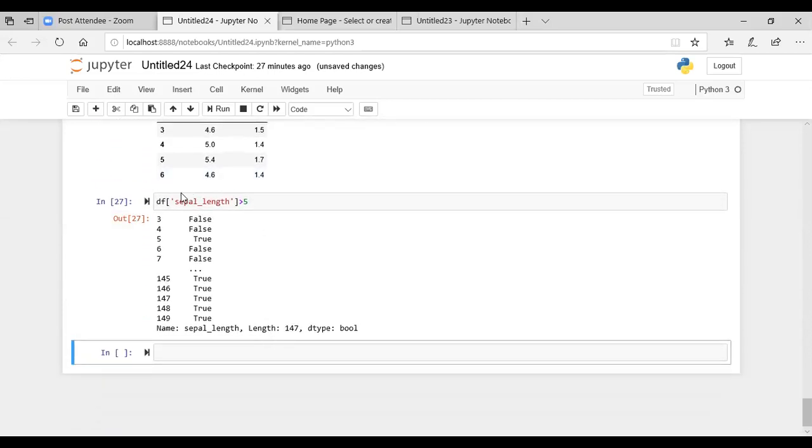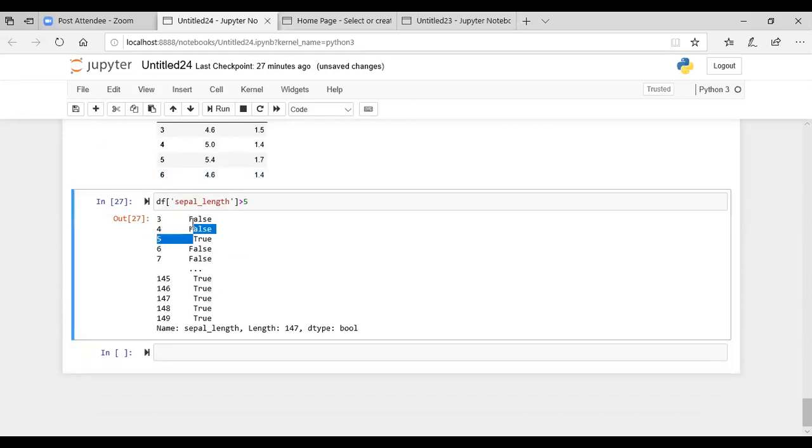If you see the output, you are getting false, false, true, and false. It's a Boolean output. Wherever the value of the sepal length for that specific index is greater than 5, it returns true. If it is not, it returns false.